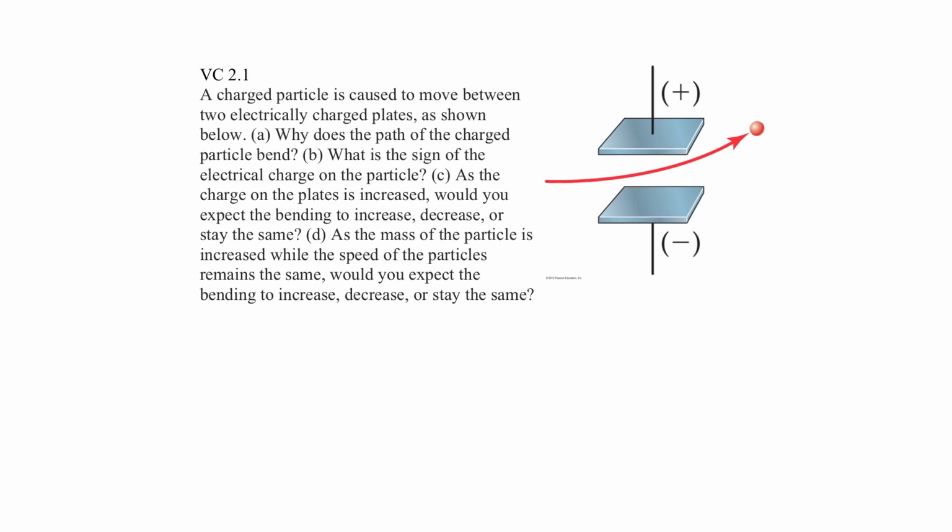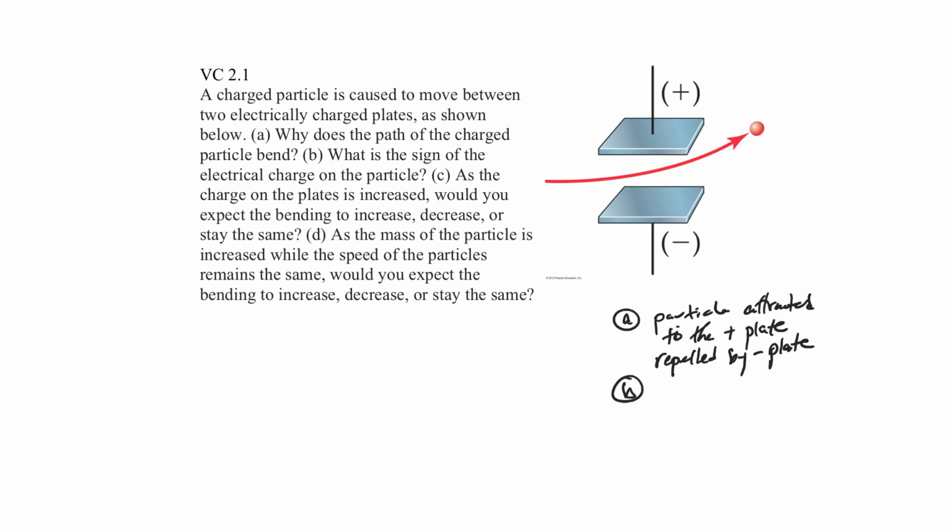A is asking, why does it bend? Okay, well, it bends because the particle is attracted to the positive plate and repelled by the negative plate. Okay, so that's A. B then, since it's going up towards the positive, and it must be the opposite sign,